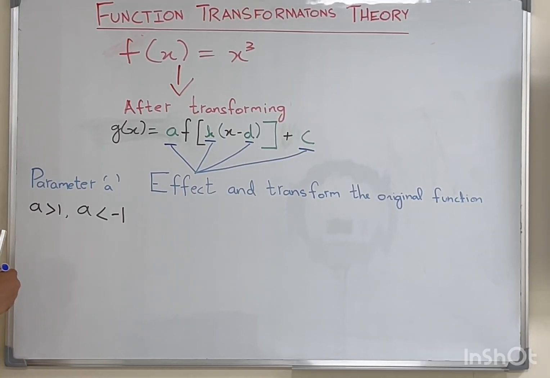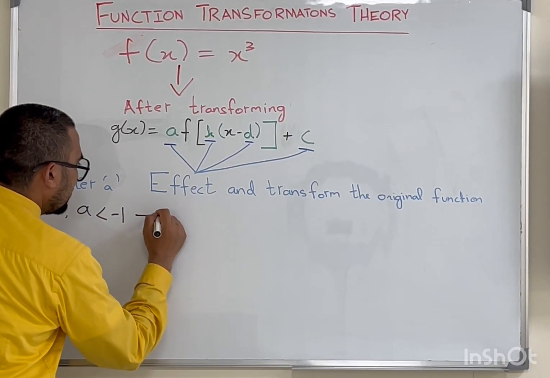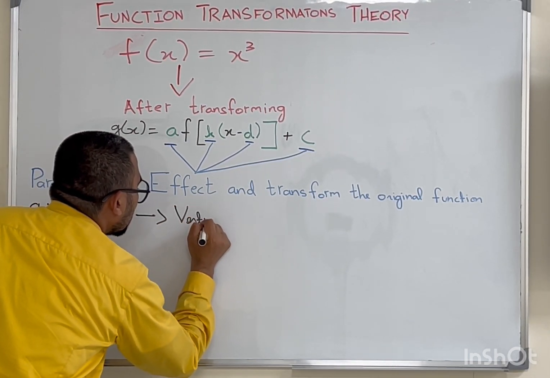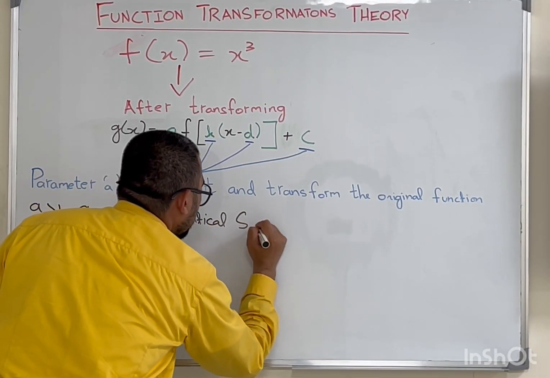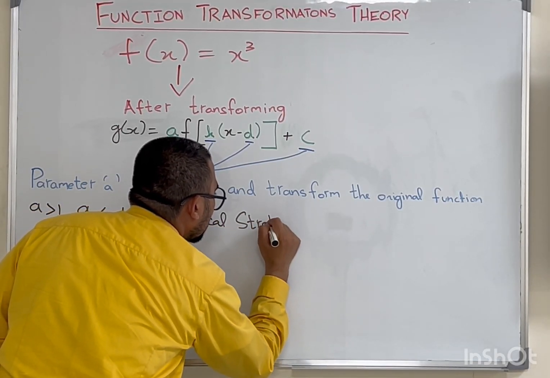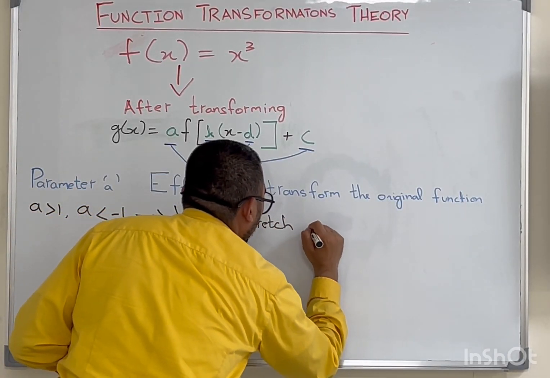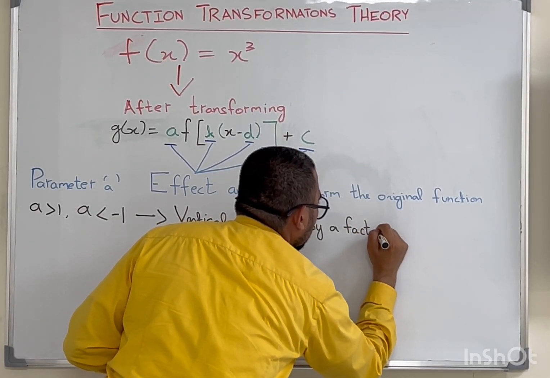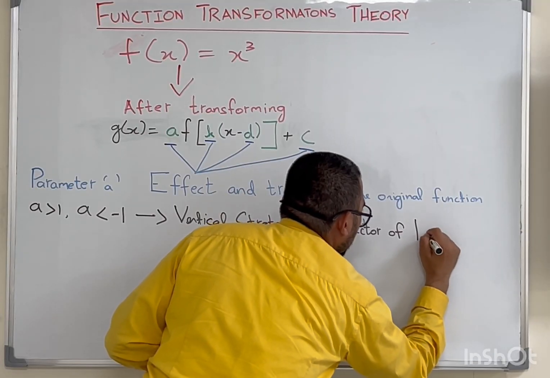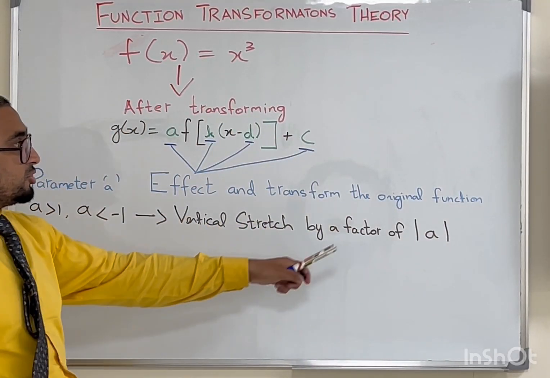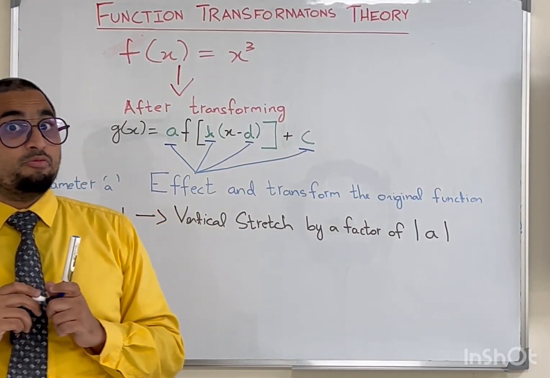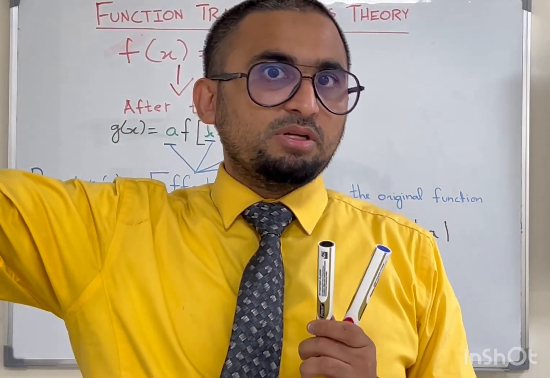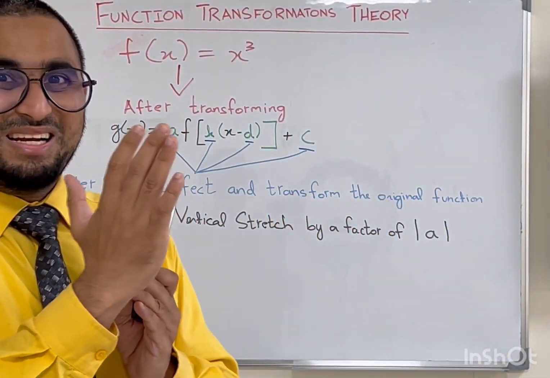In this situation, this will result in a vertical stretch by a factor of the absolute value of a. Focus on this part. Why am I calling it the absolute value? Because we have no concern with the sign. Whether it's negative 5 or positive 5, right now we only care about the magnitude,